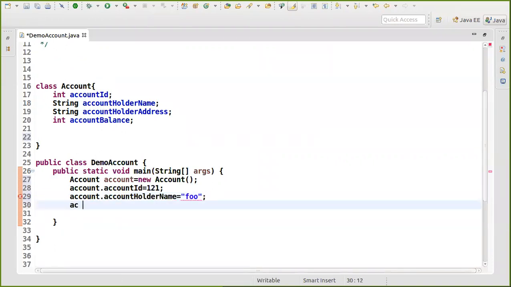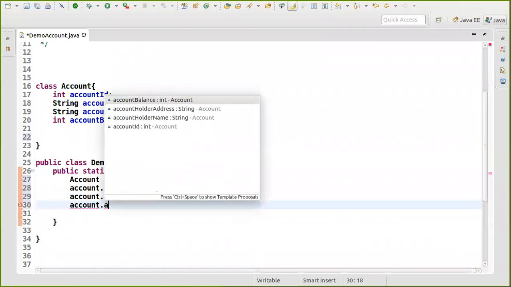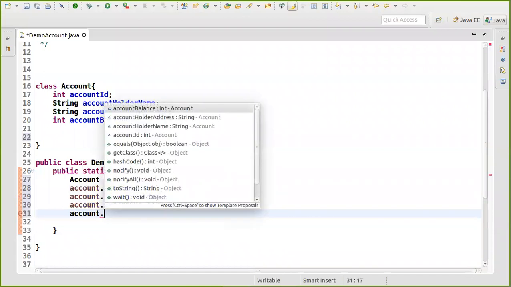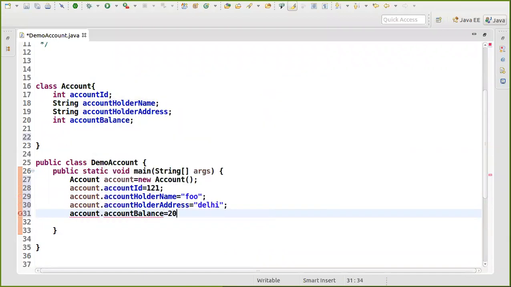Now what is happening here, let's say we design something like this: account dot address. Let's say I'm in Delhi, so let me write Delhi here right now. Then I can say account dot balance. Let's say I'm writing some balance here, something like this. Okay, whatever. So now we have created the object and set some state of that